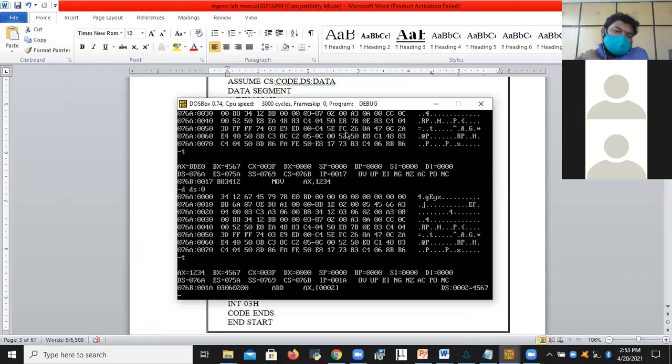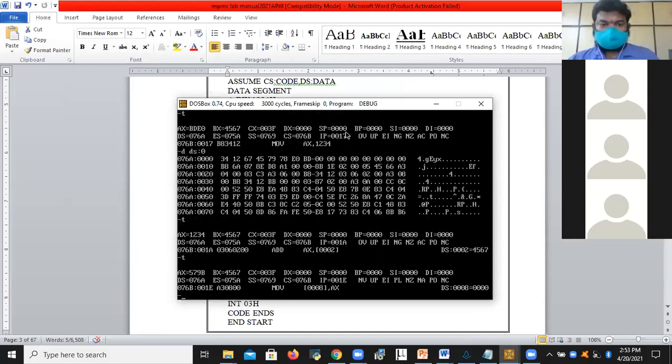Then what will be the result? 1 2 3 4 plus 4 5 6 7 is 579B, sir. Good. 579B. After execution of this instruction, 579B came into the AX register.